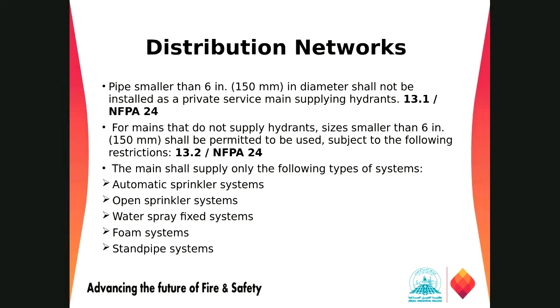And then when reviewing the plan, look for the minimum diameter of fire hydrant, which should be 6 inch, right? So below 6 inch pipe is not allowed for fire hydrant as per NFPA 24. But for mains, sometimes we don't have any hydrants, but we have only underground networks for the sprinkler system, right?